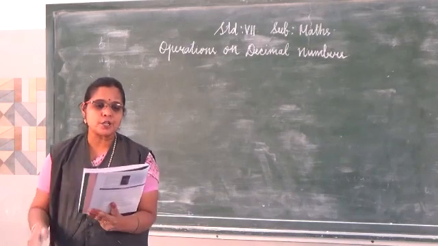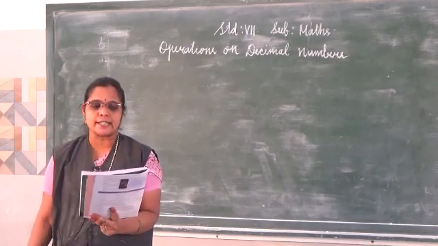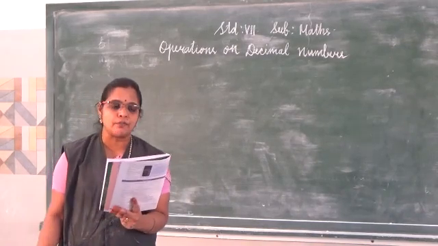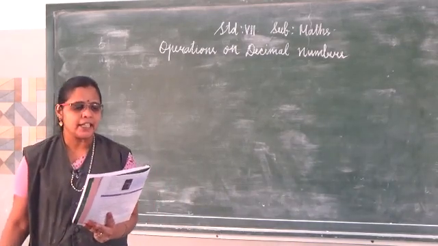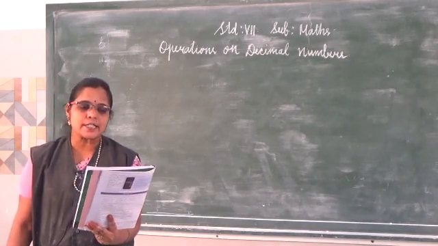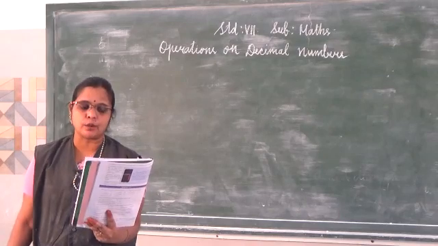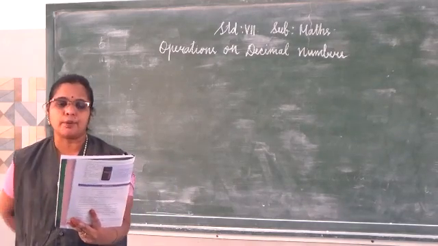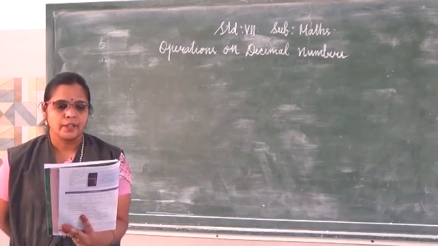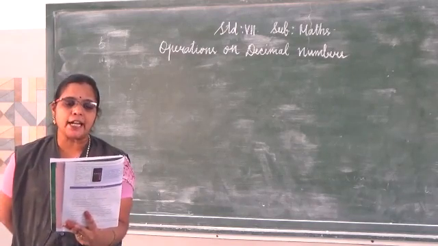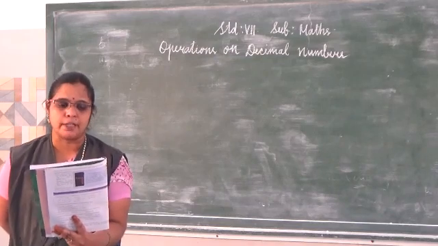So, addition and subtraction of decimal numbers. Neha has purchased a notebook for 46.50 rupees and a pencil box for 16.50 rupees. How much balance will she get if she paid 100 rupees to the shopkeeper?